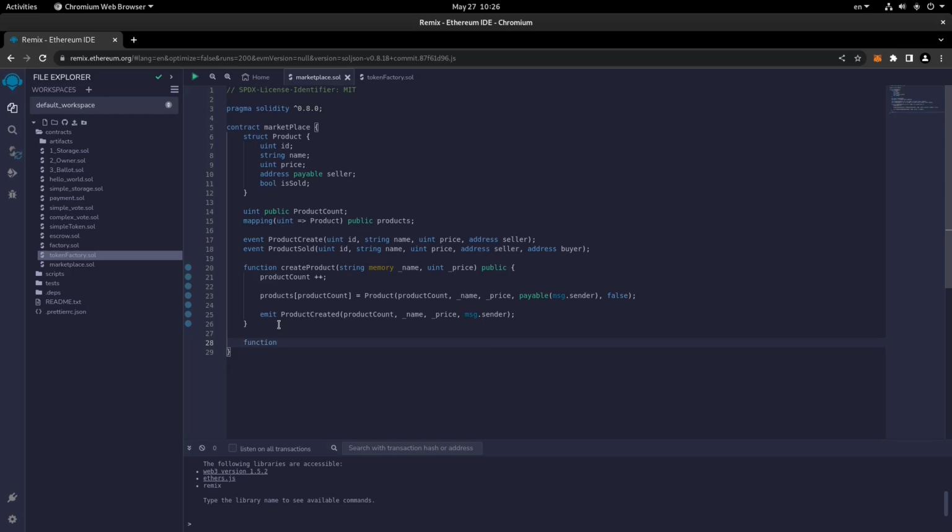Function for buying the product. We'll call it buyProduct. So let's open the parentheses, and here it will get the uint id, which is the ID of the product as the input, and public payable, which is the type of the function. So let's open the brackets, and here we'll write